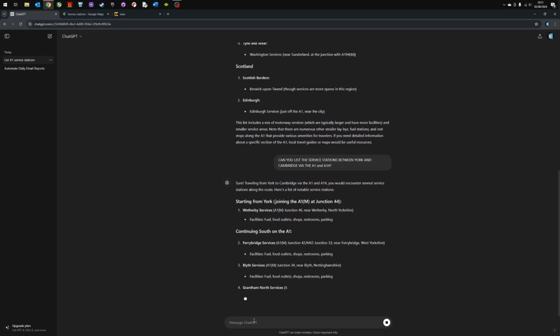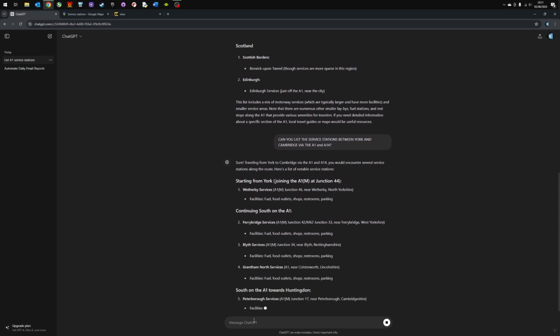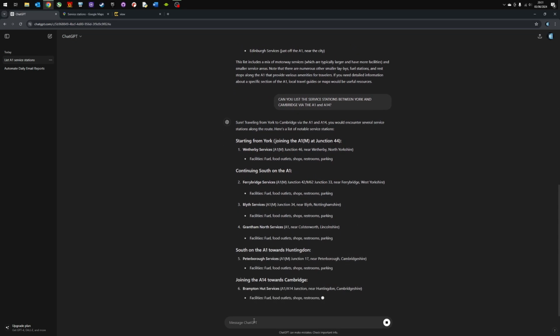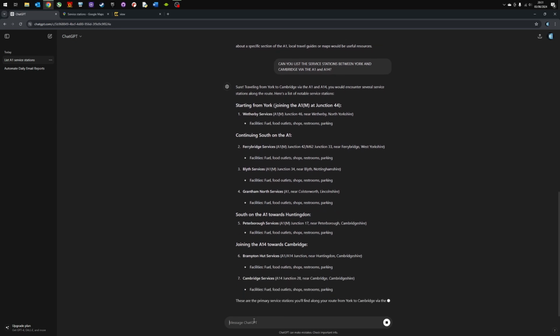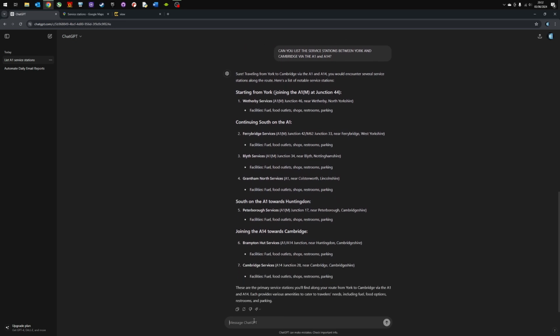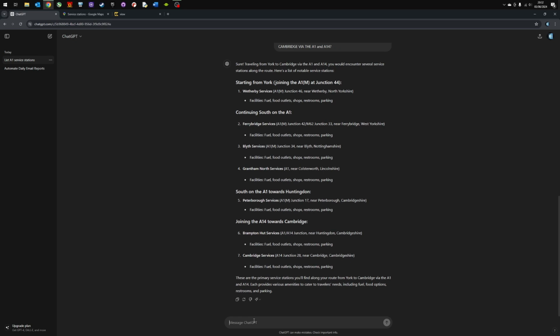Okay, so now we're getting somewhere. Okay, so that's quite good, but maybe not presented in the most accessible way. And I don't know if you know this already, but ChatGPT can actually create tables of this. So can you create this information